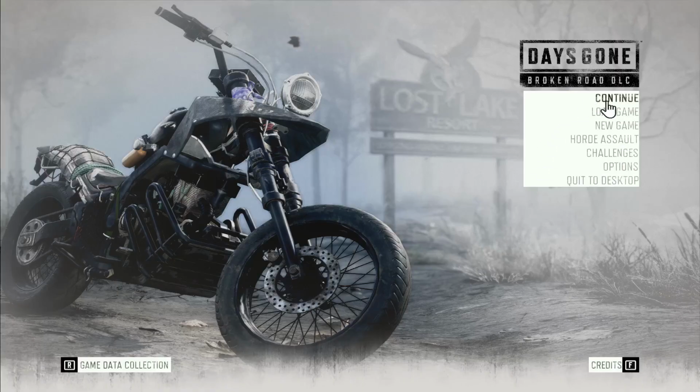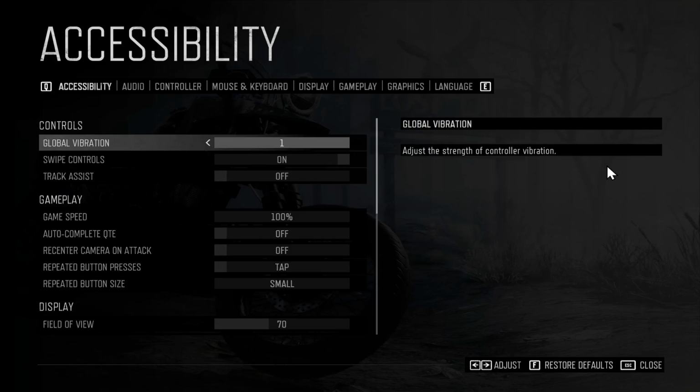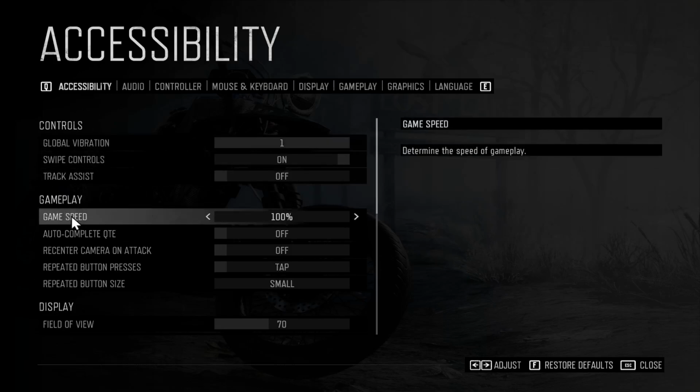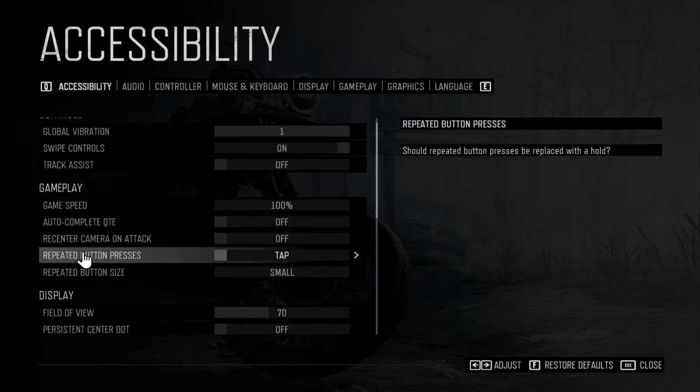And you may go into the pause menu to make any changes. You can also directly go into the options from the main menu. And now make sure that you are within accessibility. Here within gameplay, you will see the repeated button pressing option. By default, this is set to tap, and you can use the left or right arrow to switch between the